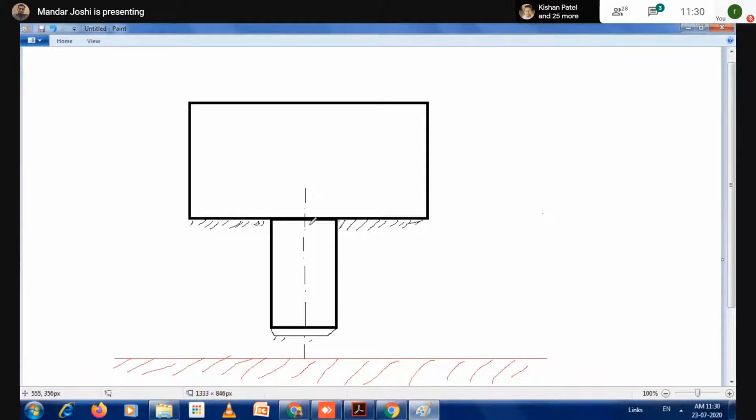Rest the component on this flat surface. But is it possible to rest this surface directly over this surface? This is the surface plate. It is totally flat, and I want to contact this flat area on this surface plate flat area. No. Why?